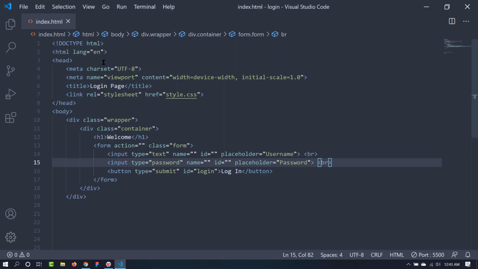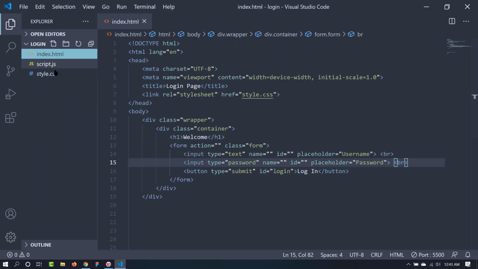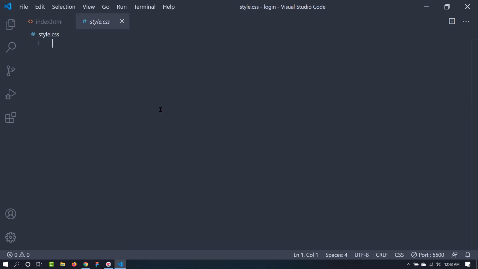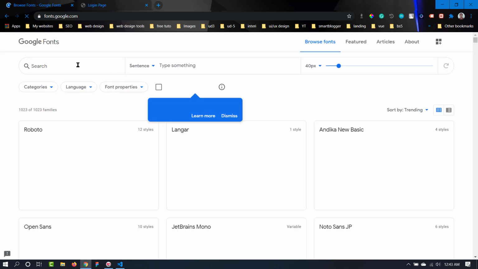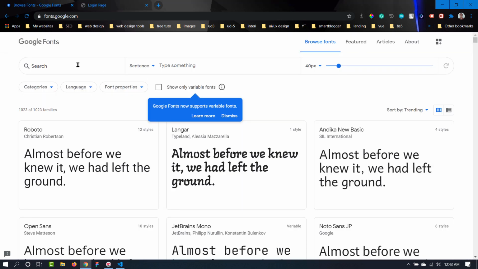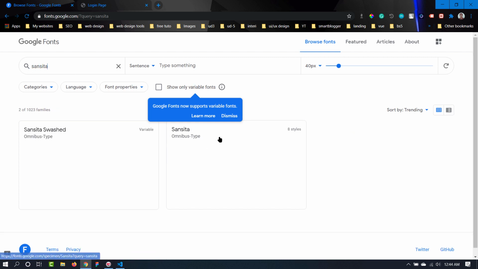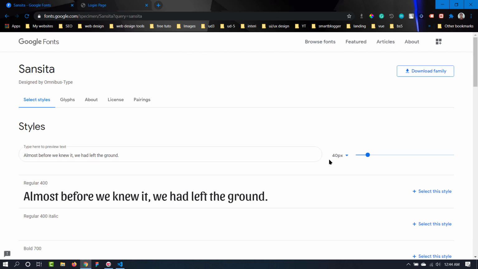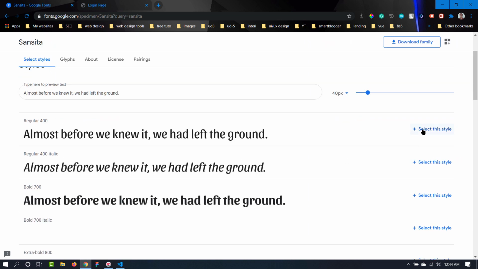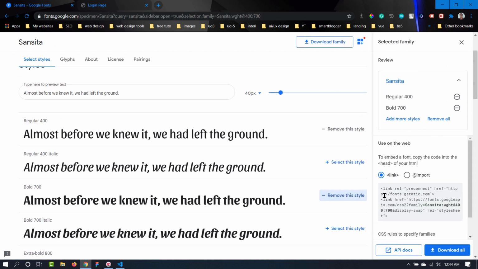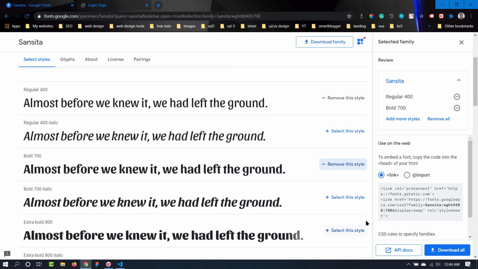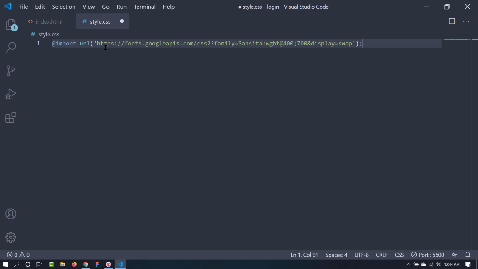Now let's move on to the style.css, and we are going to do our styling here. But before going into that, let's add a font from Google Fonts. The font name is Hind Siliguri, and we are going to use this font family for our project. So let's search here, and this is our font. Let's get the regular one, bold one. We actually don't need anything else, so let's import it in here in style.css.